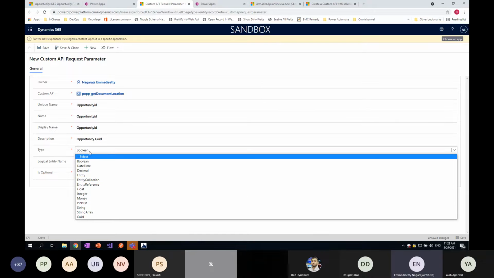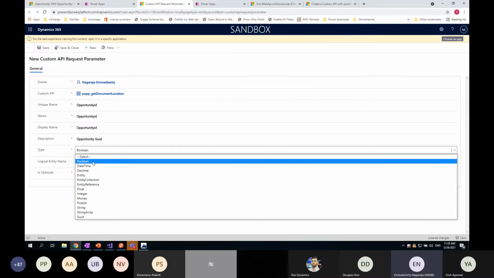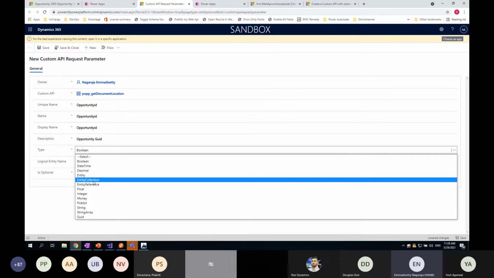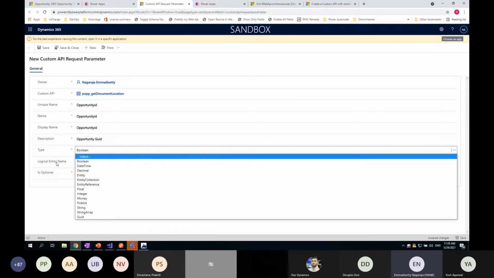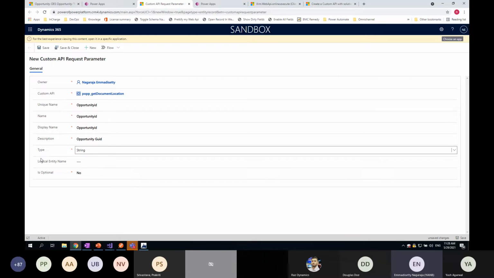So pretty much all types of primitive and complex types are there, and even entity collection is there, so that you can pass an entity collection as an input parameter. And right now I'm just passing a string,